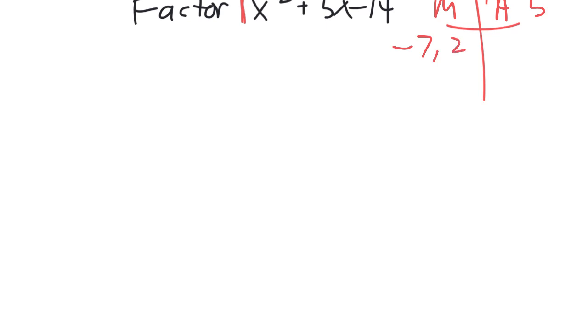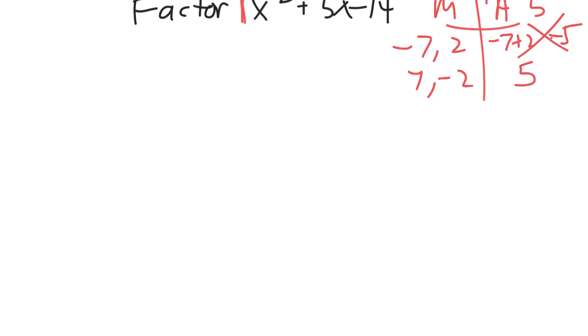Well, those multiply to give me negative 14, but when I add them, I get negative 5 plus 2, negative 5. So it's almost right, but it's not completely right. It's the right number, but the wrong sign. So all I have to do is swap these two so that the negative's on the 2 instead of on the 7. And then when I add them up,